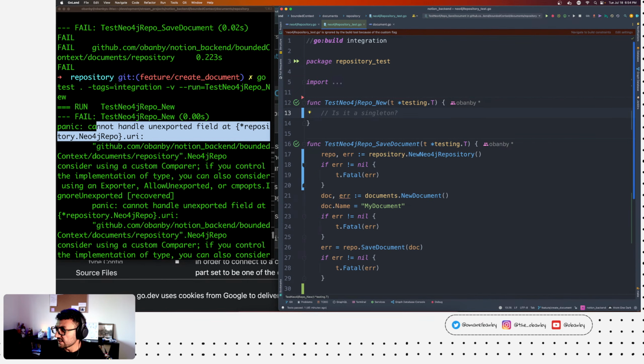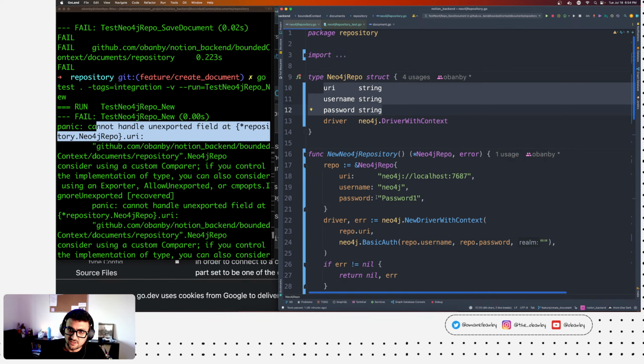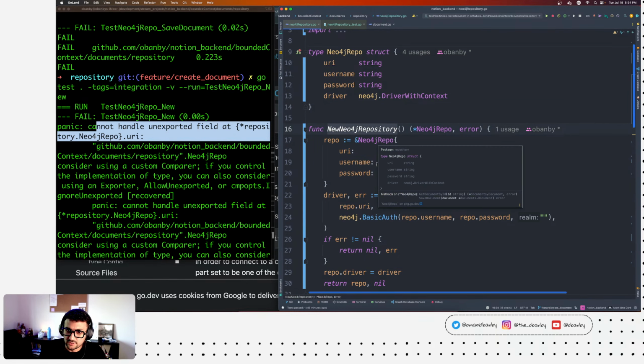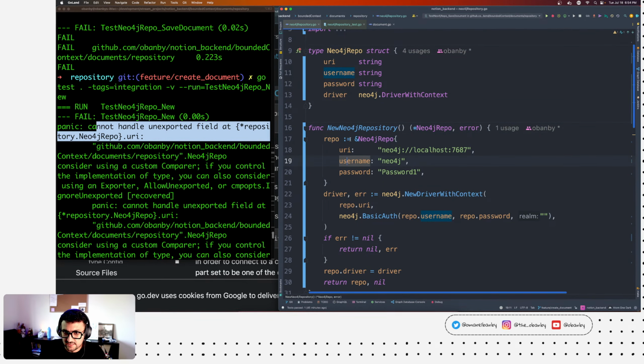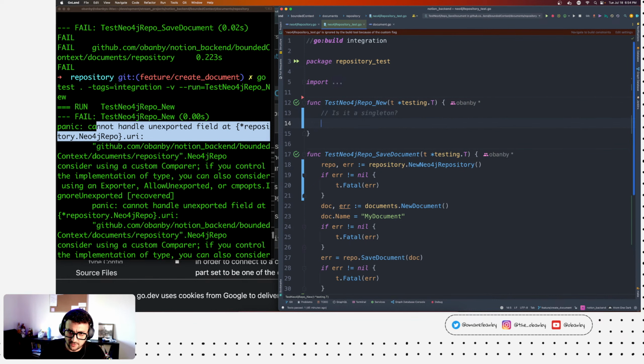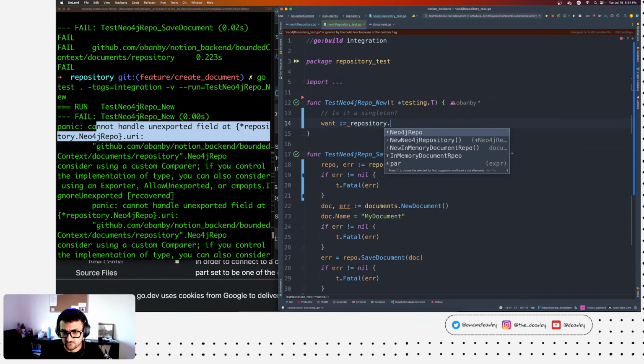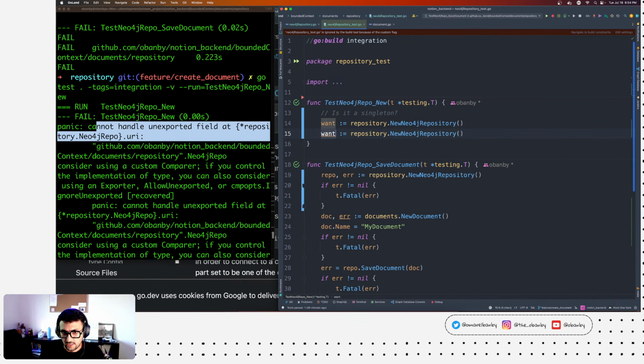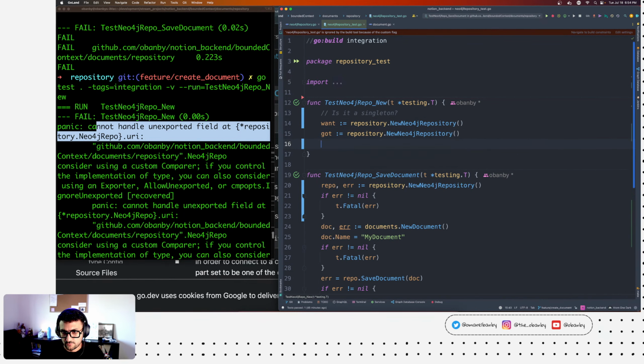So what is a singleton, right? A singleton is simply saying that every time I call this method, I will get the same instance, rather than creating a new one every time. So let me show you what I mean. So here's one: Neo4j repository dot new Neo4j repository, want and got.